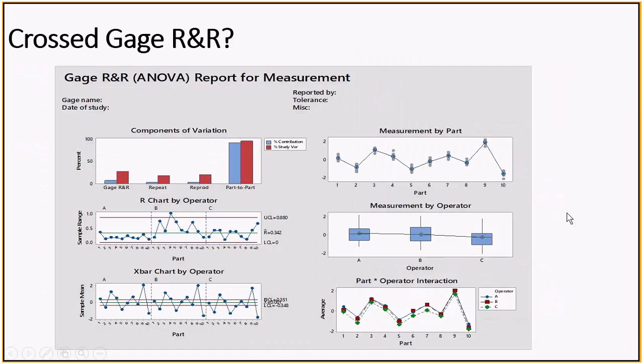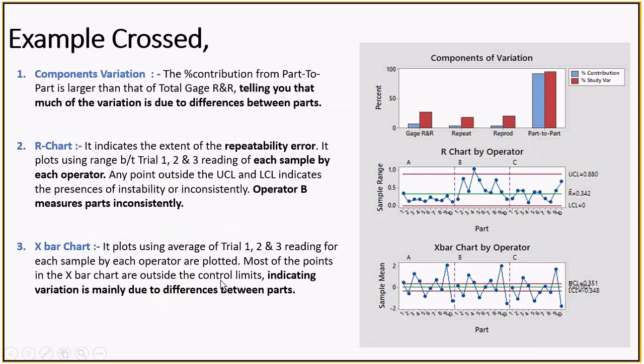So first, on the left hand side, you have the 1, 2, and 3 charts. So you can see 3 charts here, the same charts. And let's talk about the component variation. Now the component variation is nothing but it tells you the variation of different components: repeatability, reproducibility, and if you add all these, you will get the total gauge R&R, and finally you will have part-to-part. By looking at this graph, I would say yes, the part-to-part variation is very high compared to the gauge R&R, which is good, okay.